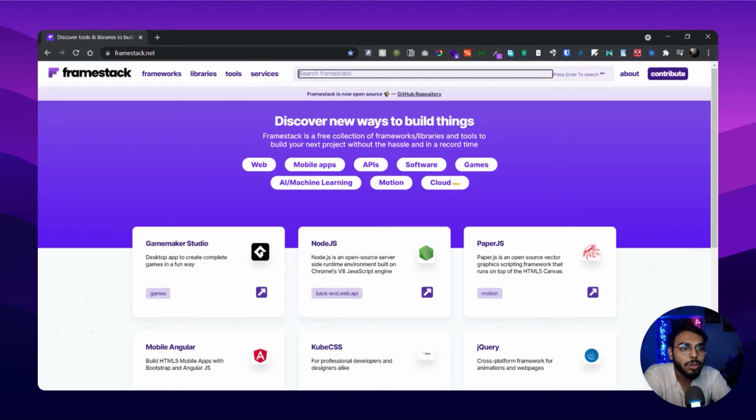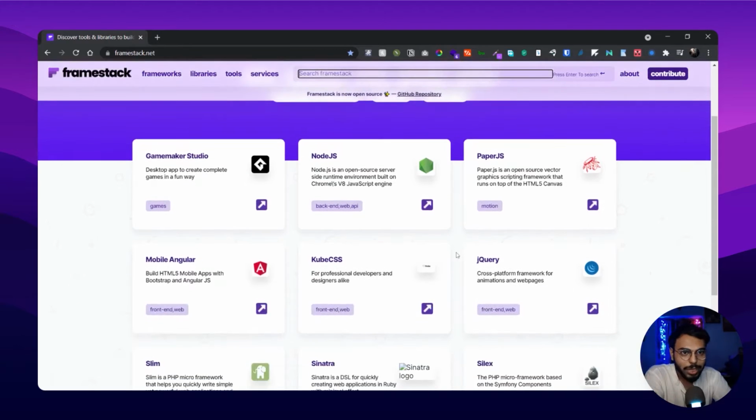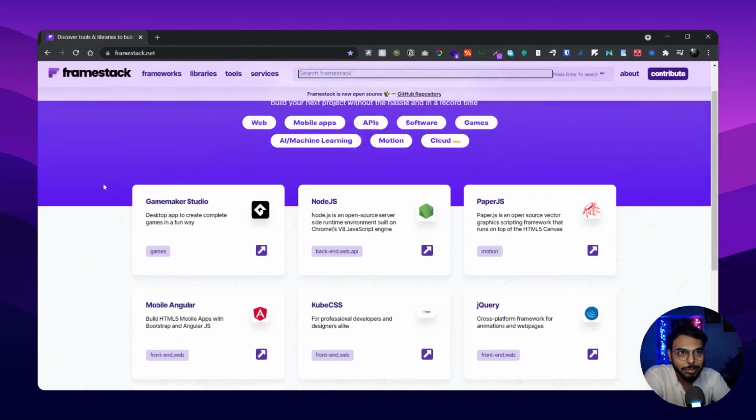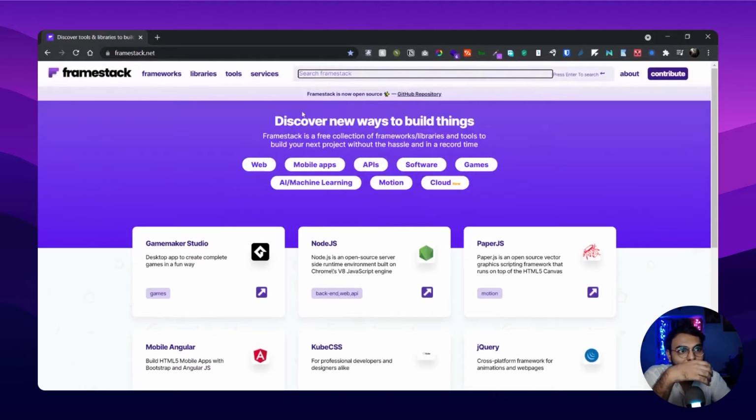That's why this website is "discover new ways to build things." That's a great hook line, because this is actually what they are listing here. Obviously you can build things in a new way, with a new framework.